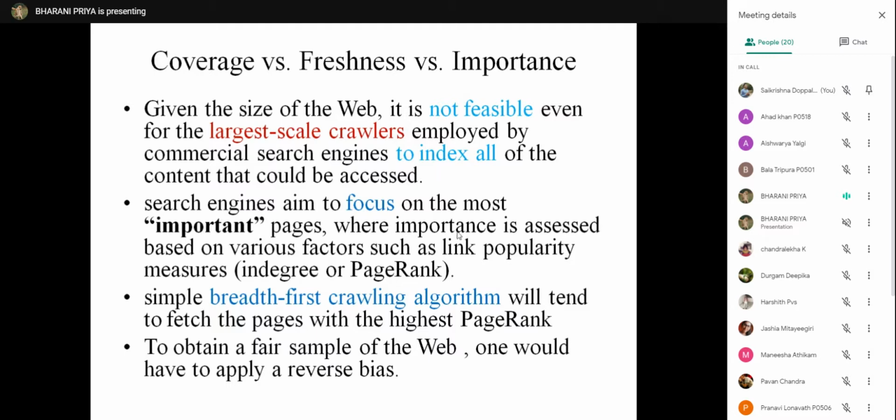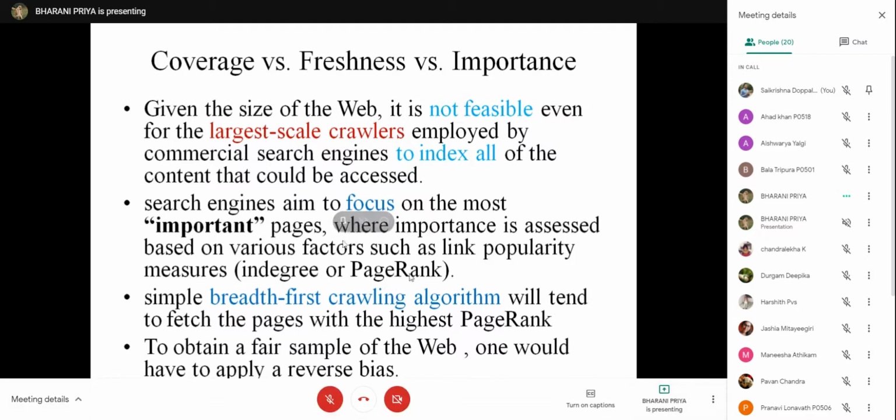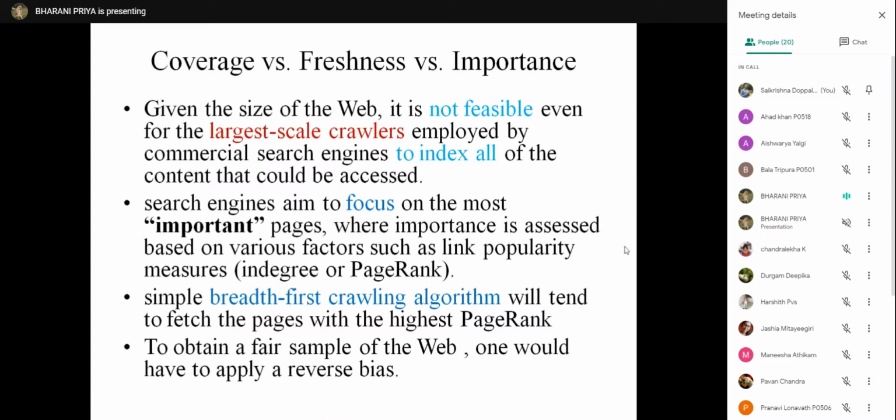How will you decide the important pages? That is based on the InDegree or PageRank, and we get PageRank based on the link structure, link popularity. That is InDegree. So a simple BFS algorithm will fetch the pages with the highest PageRank.